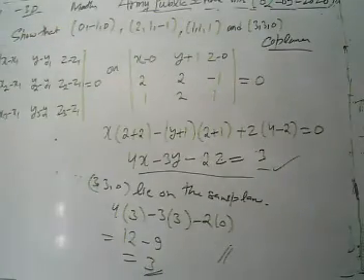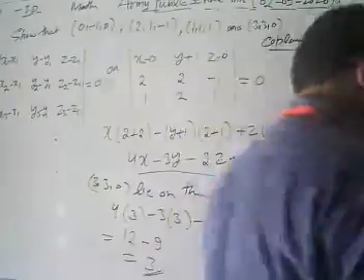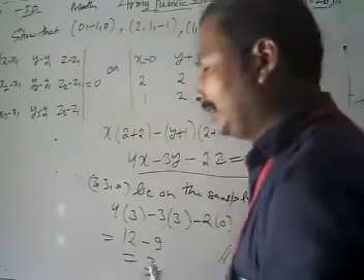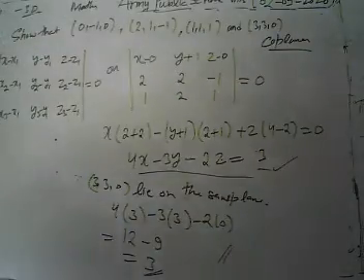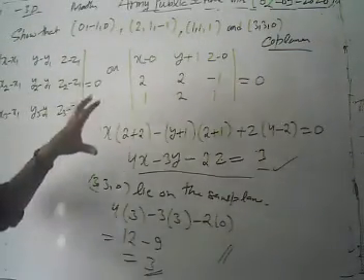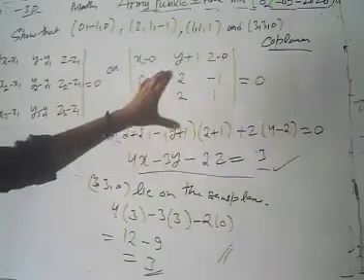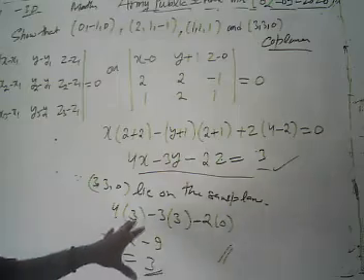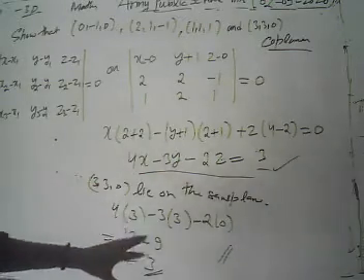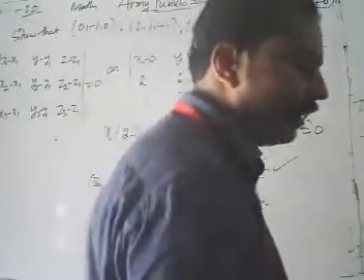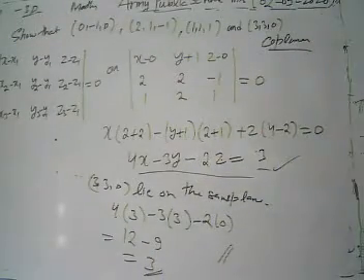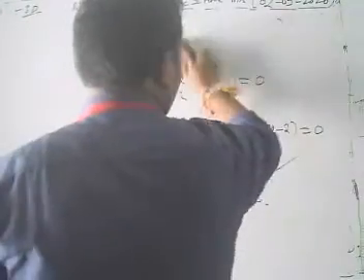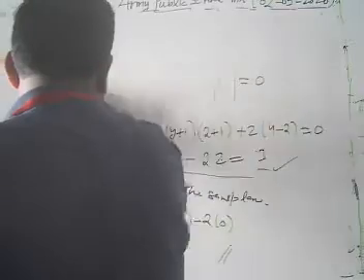Then what do we have to do? After making the equation of the plane that passes through 3 non-collinear points, we have to show that our 4 points are coplanar. If our given 4 points are coplanar, then this point 3, 3, 0 lies on the same plane, so it must satisfy this equation of plane. We put the values there, and we get 3, so our given 4 points are coplanar. And look, after discussing that, this is how we can prove that our given 4 points are coplanar.